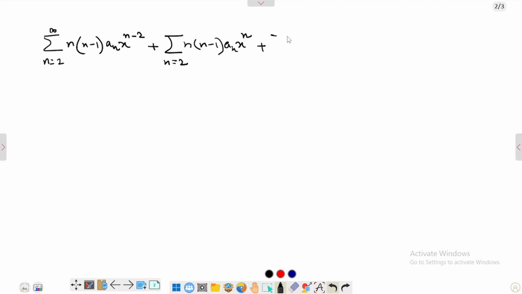Similarly, plus sum n equal to 1 till infinity n a_n x^n. And last of all, sum n equal to 0 till infinity a_n x^n